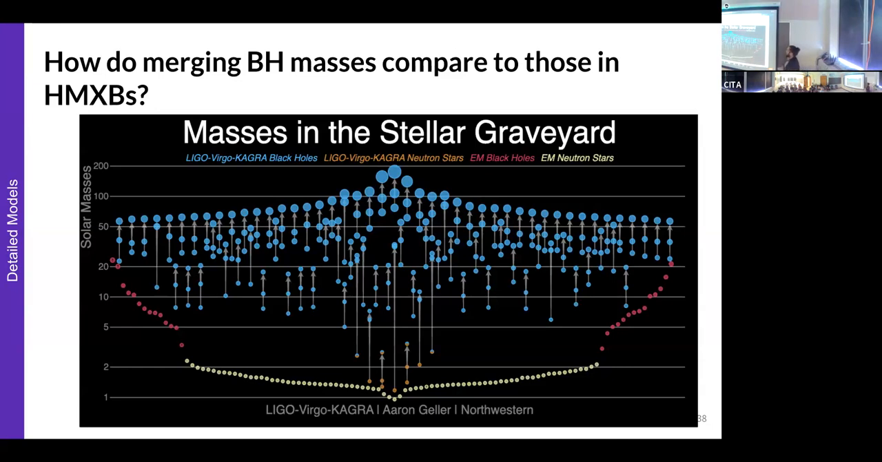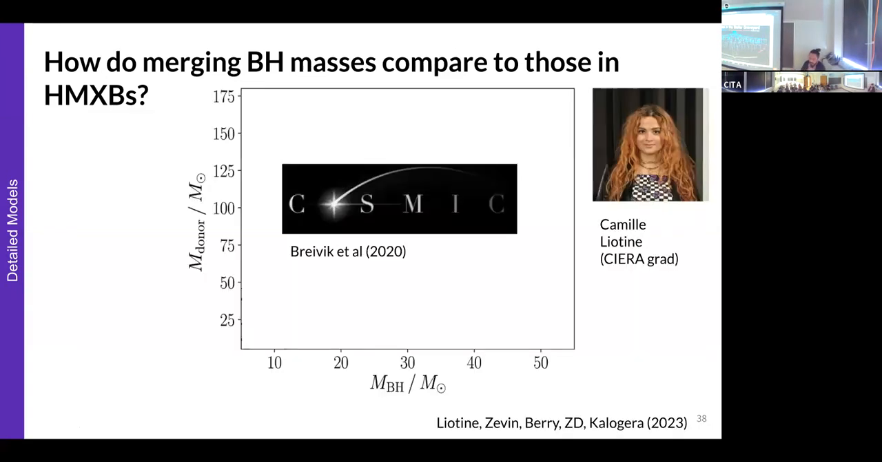So let's go back to this chart I showed at the beginning. You'll notice that the black hole masses that we've detected in LIGO, Virgo, and KAGRA in blue tend to be higher than those found electromagnetically. Those are the ones that you would find in high mass X-ray binaries, for example. So this is possibly puzzling. Maybe it's expected. I think this was an open question. And so one of our students at Northwestern, Camille Leotine, used the code COSMIC, which,